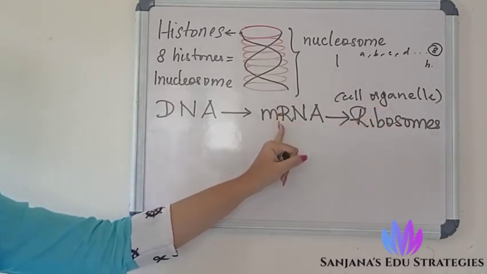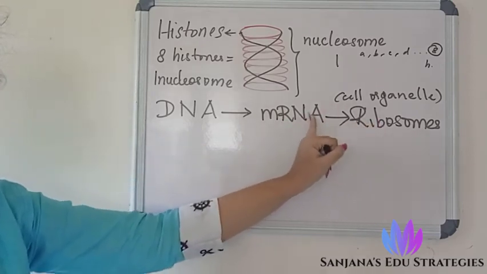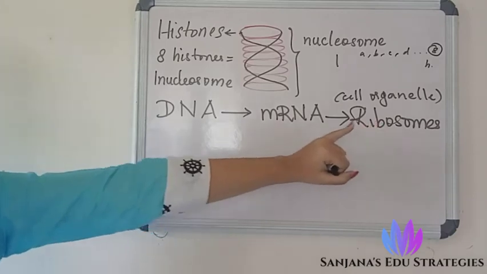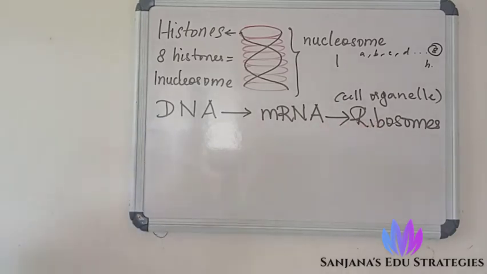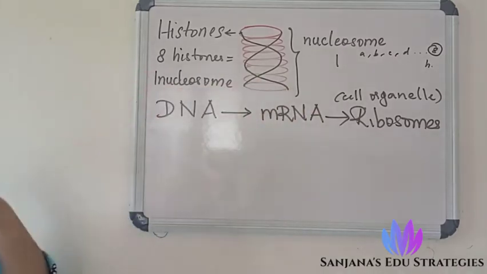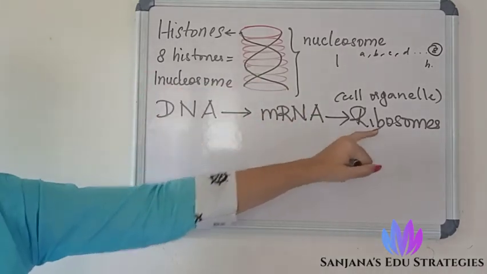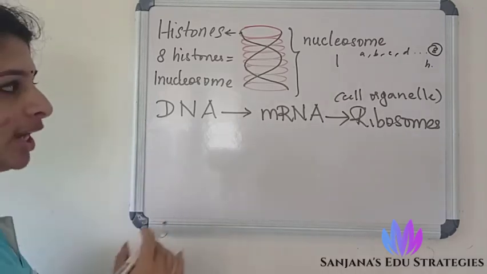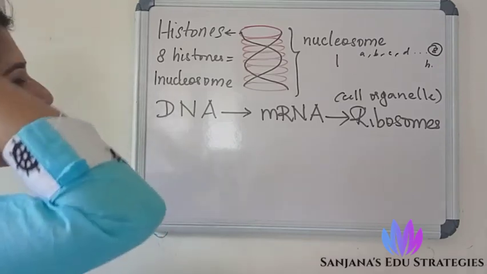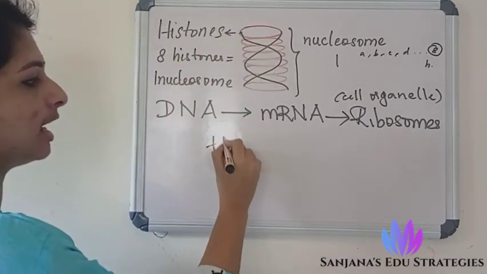So this mRNA will take that message, that information, to the ribosomes, and this mRNA will tell the ribosomes to synthesize proteins. Come on, start synthesizing proteins. So what will these ribosomes do? Amino acids will start to enter these ribosomes, from various places. And who is bringing these amino acids? tRNA.